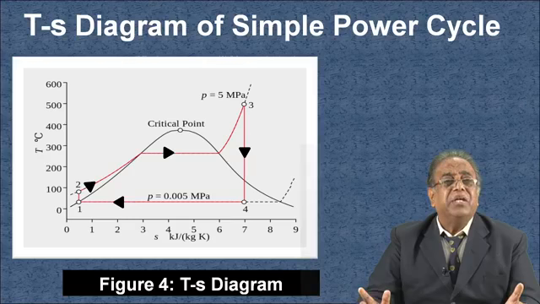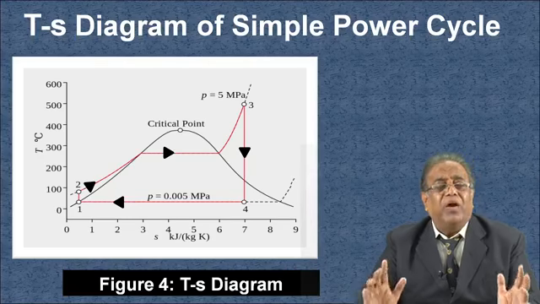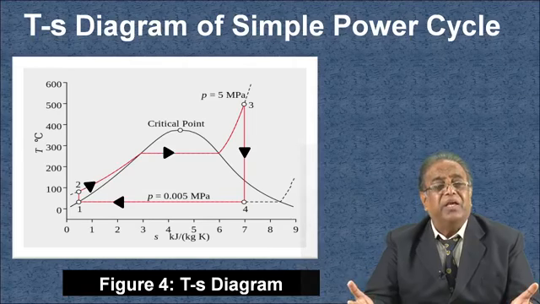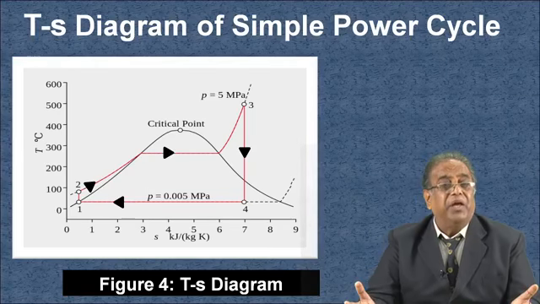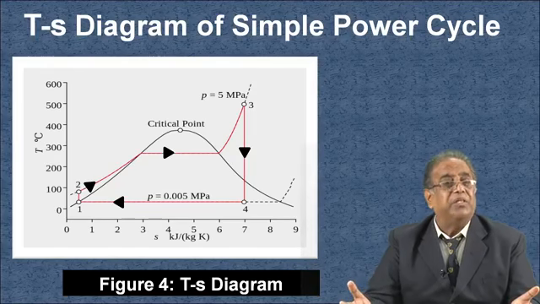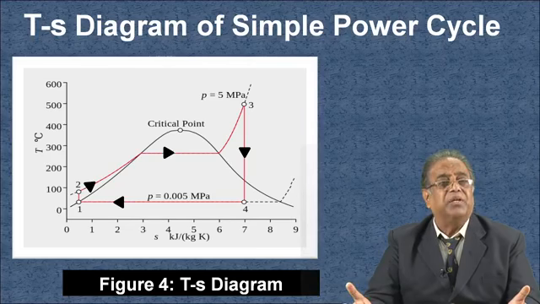Now, this is the TS diagram of a simple power cycle. Whatever we have discussed is depicted in the TS diagram; we call it the temperature-entropy diagram. Here you see that the process we have already discussed in the boiler is from 2 to 3, where the liquid phase of the working substance, that is water,